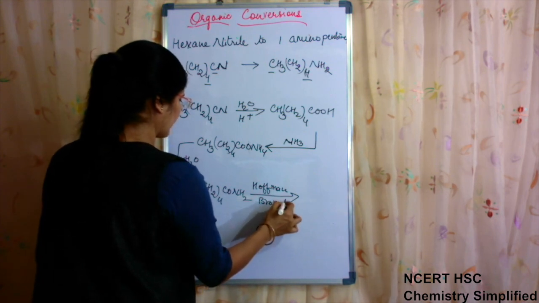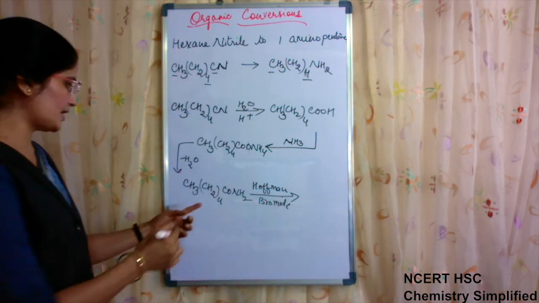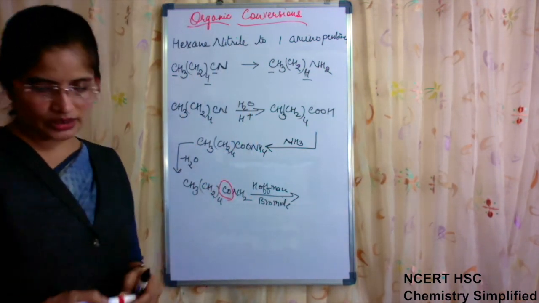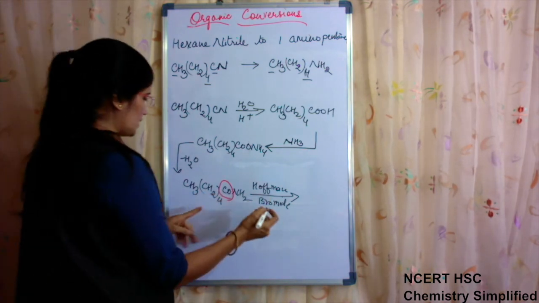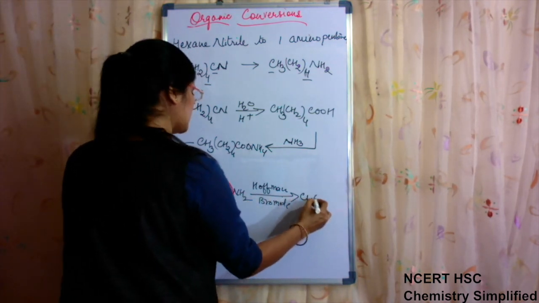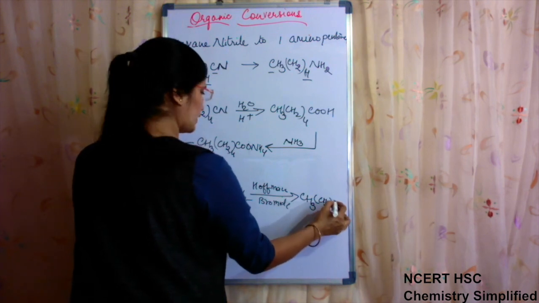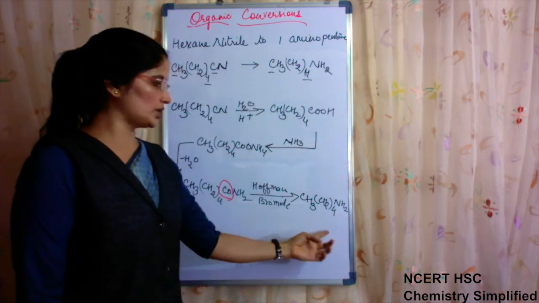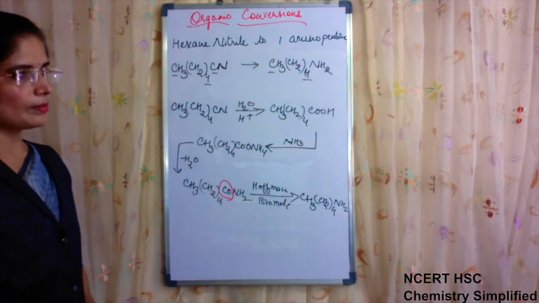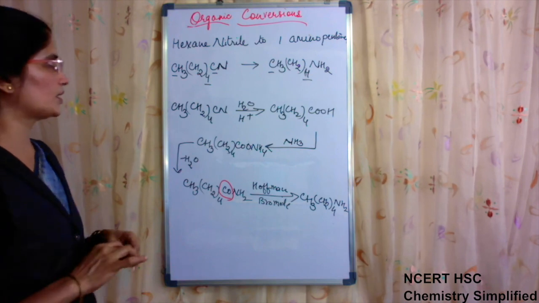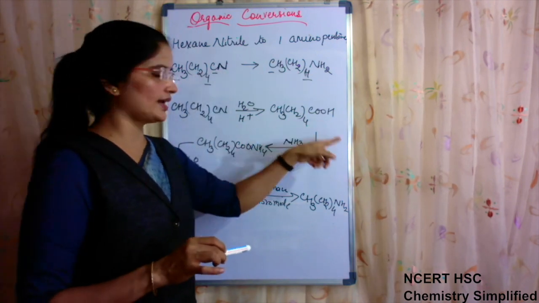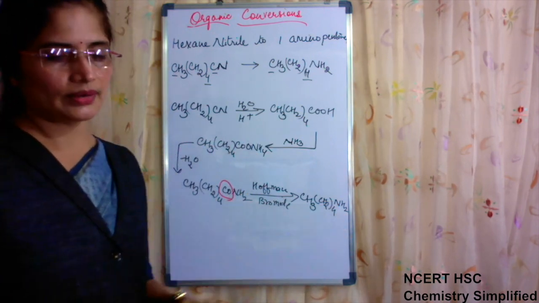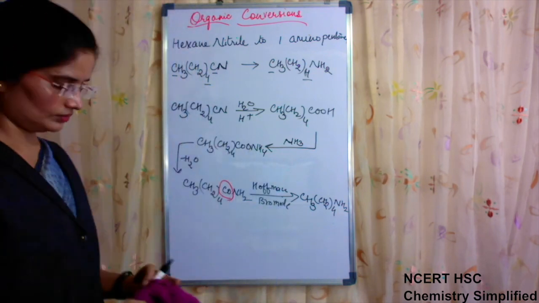bromamide reaction. Now when I am using the Hofmann bromamide reaction, this CO will be lost. Okay, it happens in every bromamide reaction, the CO part is lost. So it will give you CH3, CH2, whole 4, NH2. So you can see that we have reached the product. Okay, so some basic reactions you have always to remember. Cyanides on hydrolysis give acid, and acid is an easy pathway to go to amide and then to 1 carbon atom less. Clear?